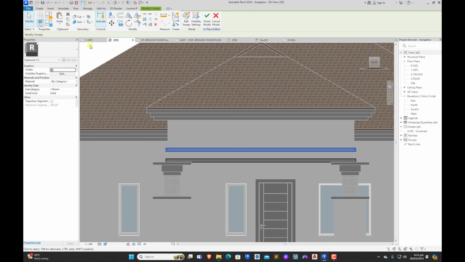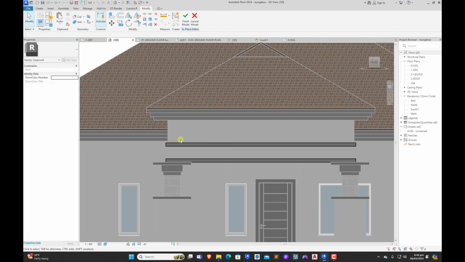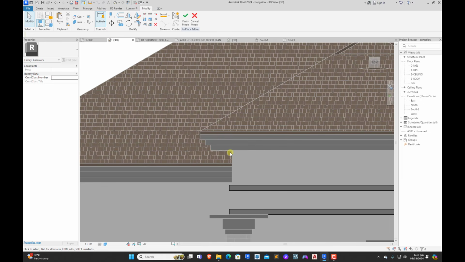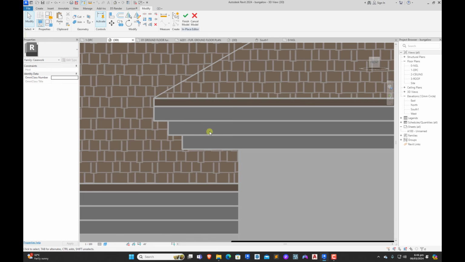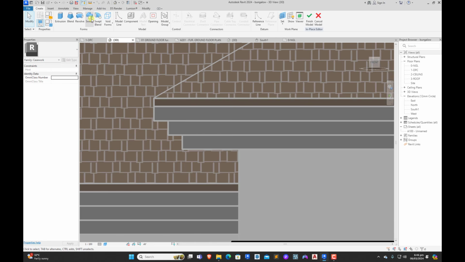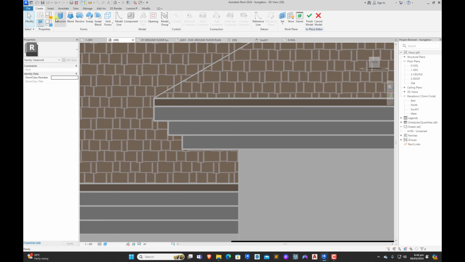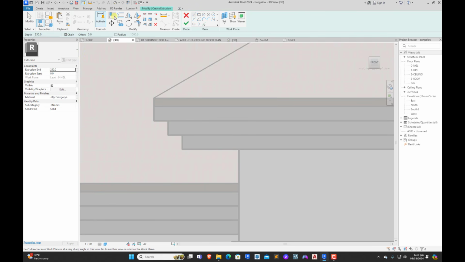Okay, let's raise this a little bit. Let's move it, let's say 150. Okay, so this is okay. The next thing we're going to do, let's add some cornice at this point. So we use also sweep. Sorry, I'm going to be using extrusion this time. Extrusion. Then we select